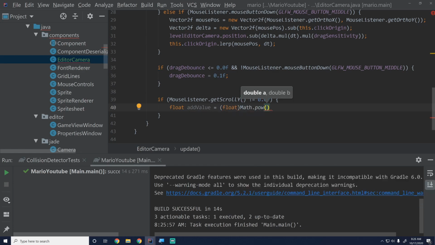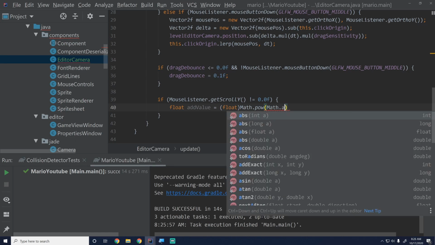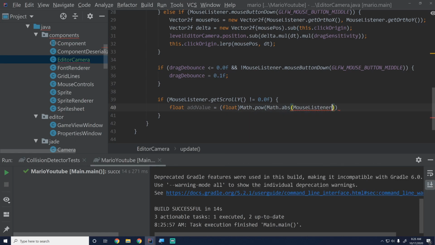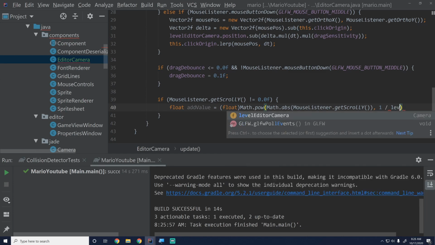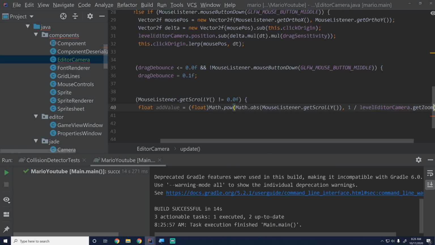This is the same as an exponential, and we will use the base as the scroll. So we'll say Math.abs of mouse listener.getScrollY. So that will be sort of our base. And then we want to raise it to the power of 1 over the level editor camera.getZoom,